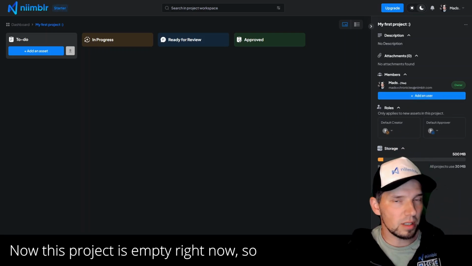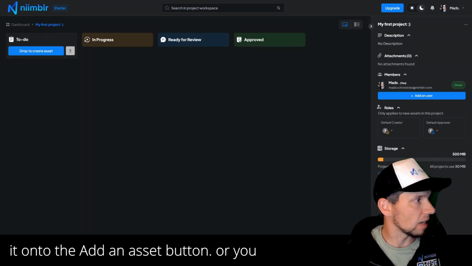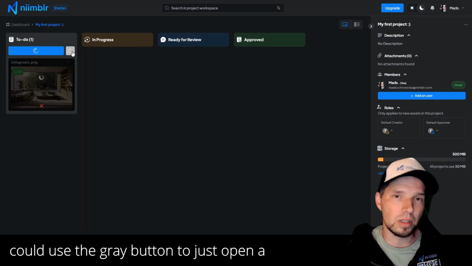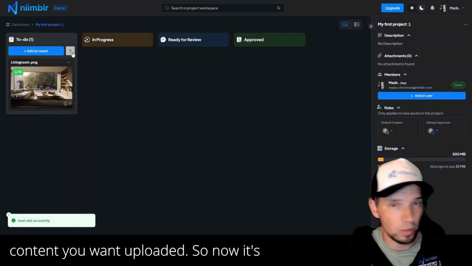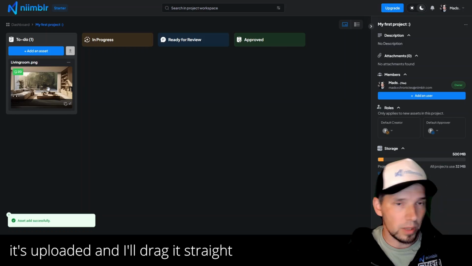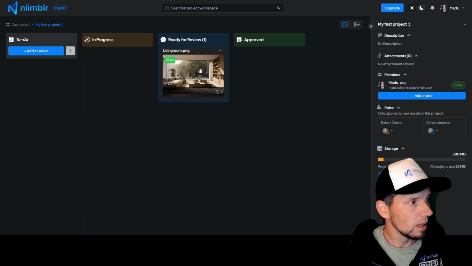Now this project is empty right now, so I'll just take an asset and drag and drop it onto the Add an Asset button, or you could use the gray button to just open a file explorer and then select what content you want uploaded. So now it's uploaded, and I'll drag it straight into the ready for review. I'll then